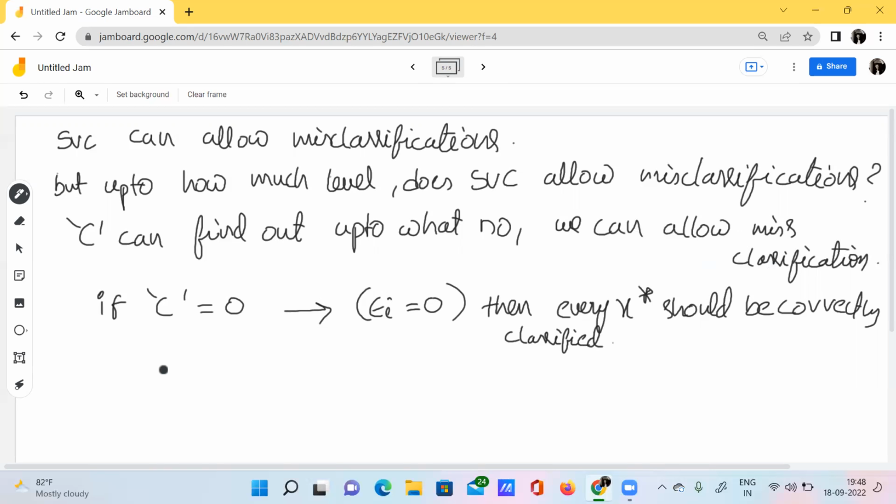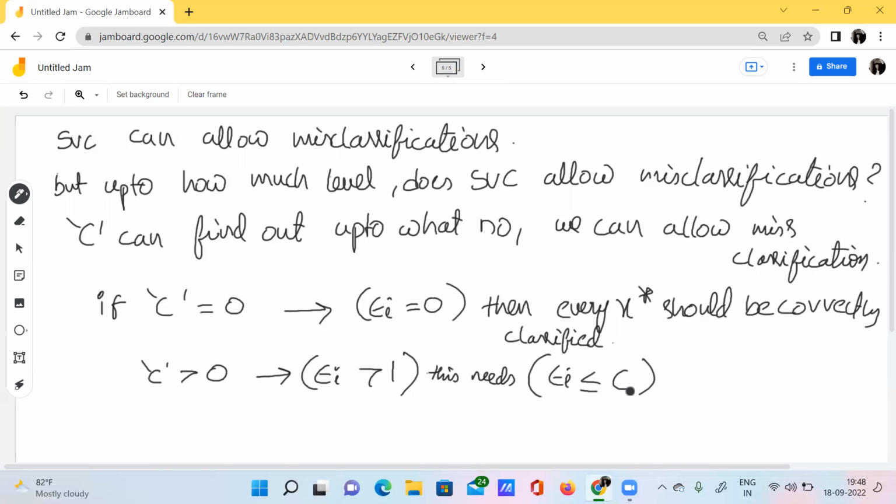Now, for example, if our C value is greater than 0, then what happens? The epsilon i value will be greater than 1, and epsilon i should also be less than or equal to C, where C is greater than 0.